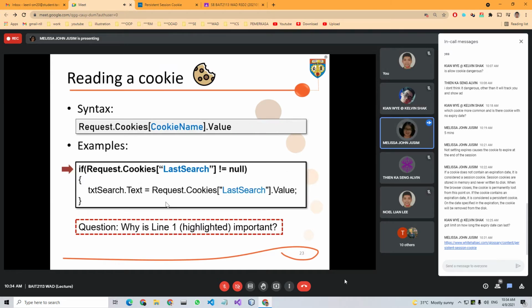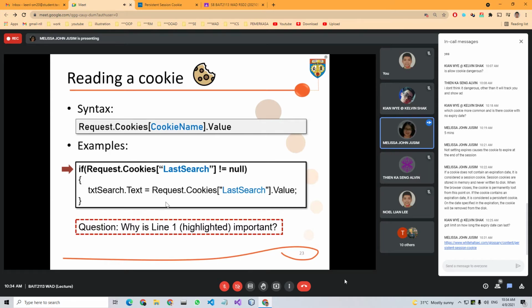To read the cookies, we have the Request, and then we specify our cookie name: Request.Cookies, and within the square brackets specify the cookie name. Don't forget the value. The example is shown there. If the value is not equal to null, then we will read the cookie's value.